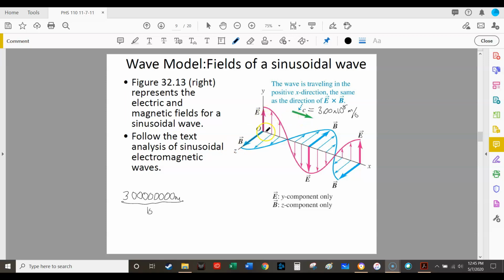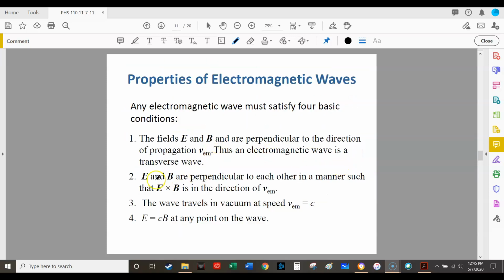Well, the particle is actually traveling along the x-axis. Okay, so that's one property of an electromagnetic wave. Another property which we observed is that they are perpendicular to each other, and that when they're in the vacuum of space, the velocity is going to be 3.0 times 10 to the 8th meters